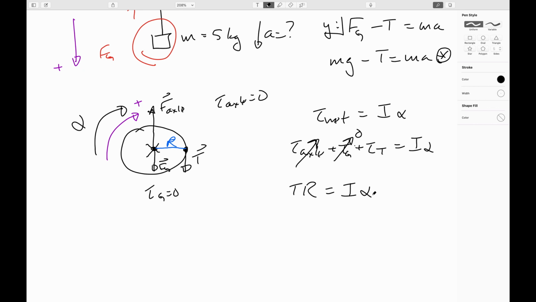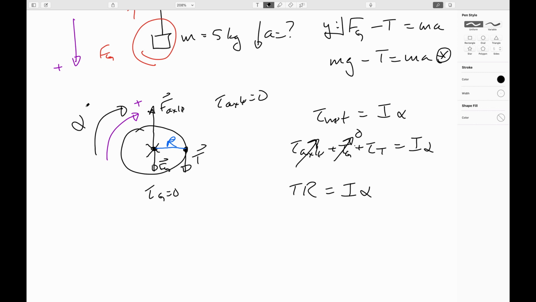Alrighty, so that doesn't look super helpful now, does it? Because although I've got a tension here, if I could, in theory, solve this for the tension and stick it into there, that leaves me with this alpha here, and that doesn't seem to help until we remember that this point of this piece of string right here at the end would also be